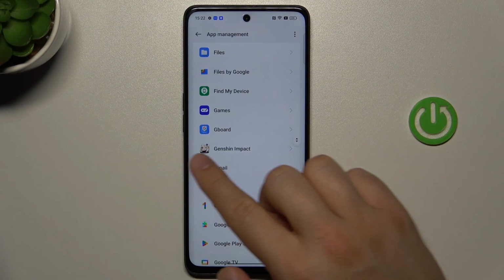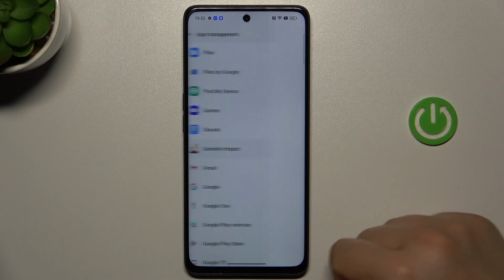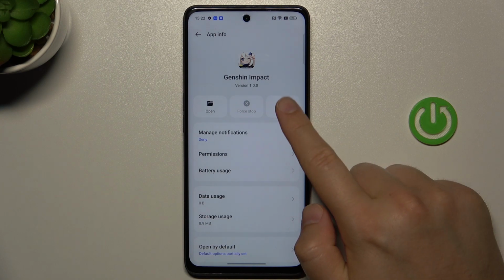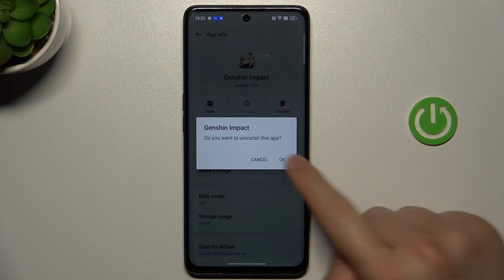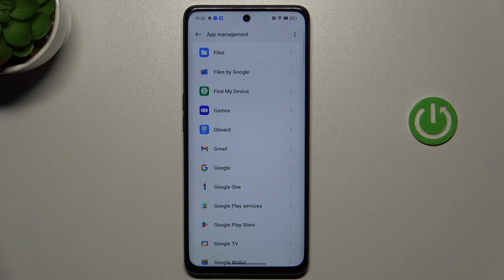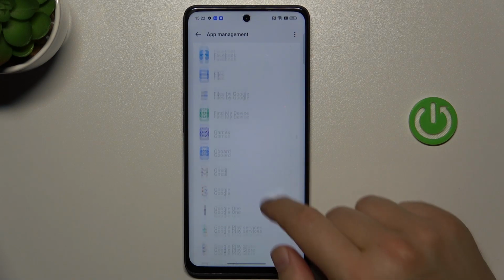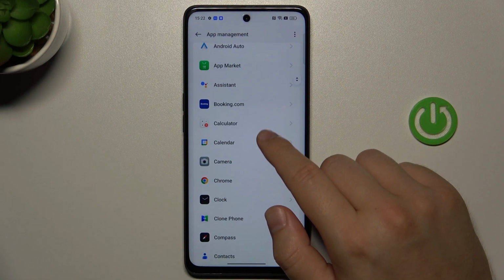So I'm gonna do this with this Genshin Impact game. Select Uninstall button and click OK to confirm. As you can see, we easily get rid of that application, and there's also some kind of the applications that